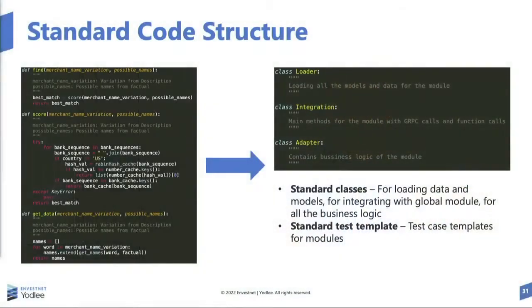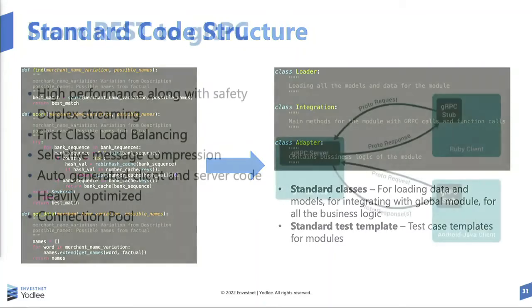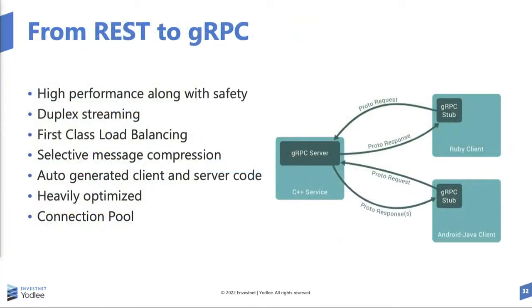So what are our key learnings and enablers for success? The first part I'll talk about more from a developer, engineer, or data scientist's point of view. The learning as we evolved is standard code structure, right? This is more from a practitioner's point of view: you have the right standard classes and the right standard templates. This is a learning because we rewrote the whole system after deploying it. We realized that when the teams grow and new people come in, it's an archaic class of code, so you go standardize that, right? Second, for efficiency, we went from REST APIs to using gRPC.